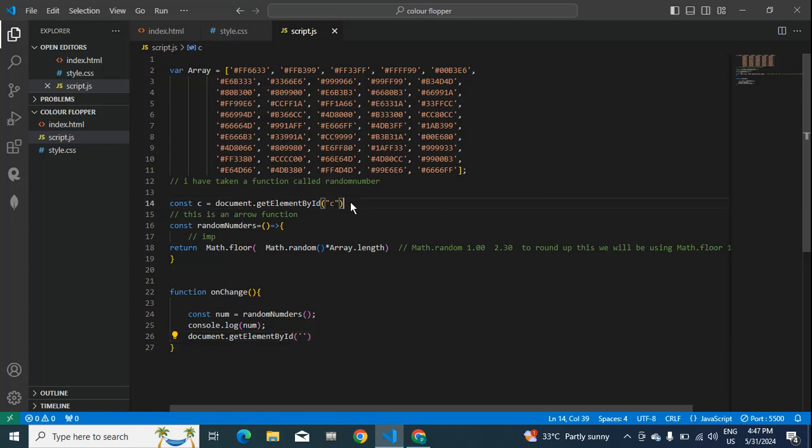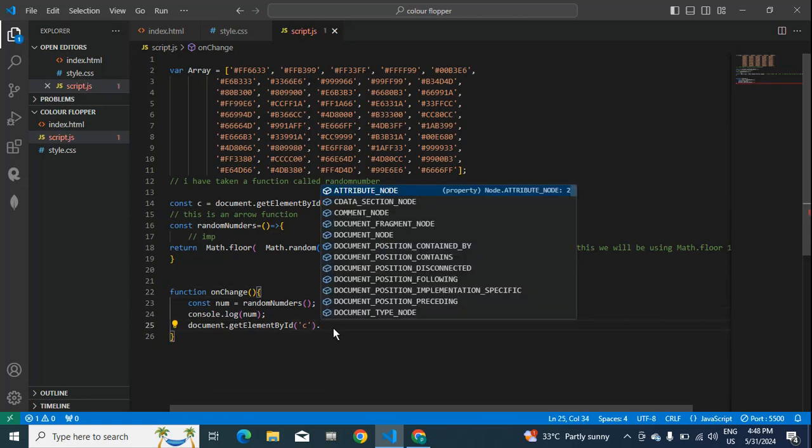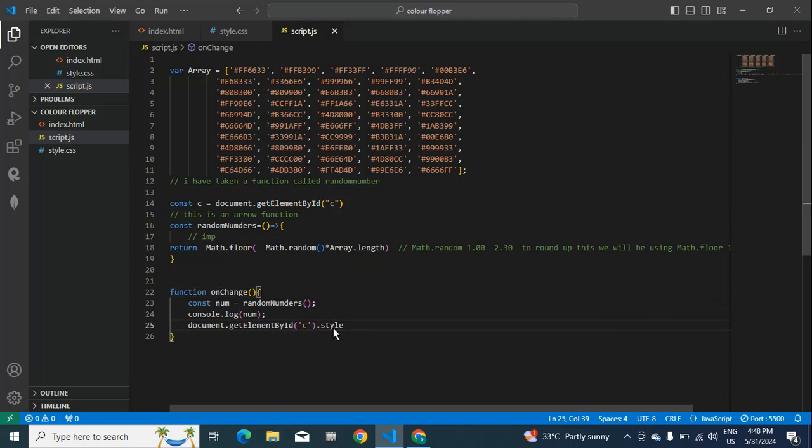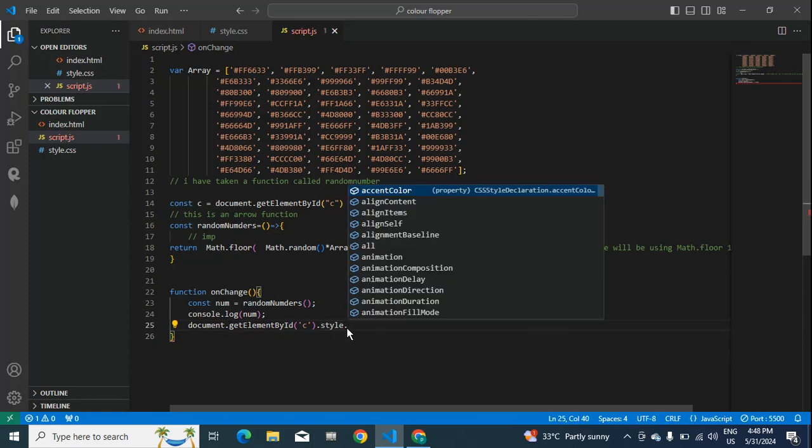If you don't use this, you can also write it over here, that is C taken directly over here dot style, that is that tag's particular document has been targeted, and that style dot background color